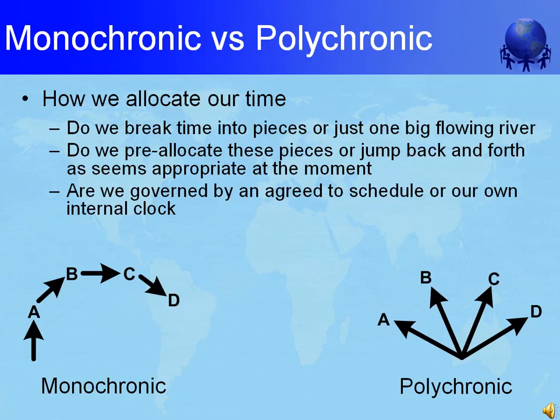When we have many things to work on, in addition to deciding what to work on, we need to decide on the most efficient way to work on these things. In particular, should we work on tasks to completion before beginning other tasks, or should we jump back and forth from task to task, depending on our mood, our inspiration, or some other ad hoc event? Monochrons believe it is most efficient to complete one task before starting another. Polychrons believe it is most efficient to jump from task to task, depending on ad hoc events.